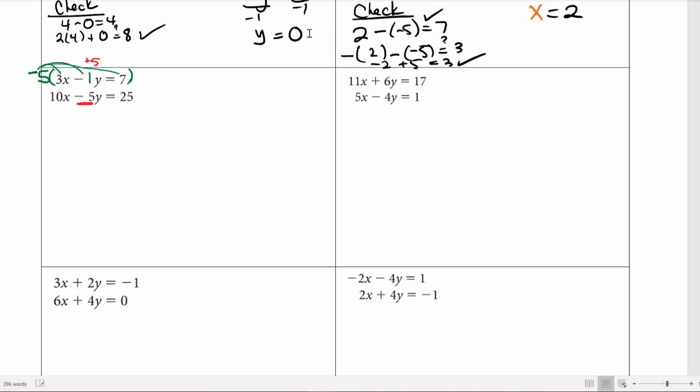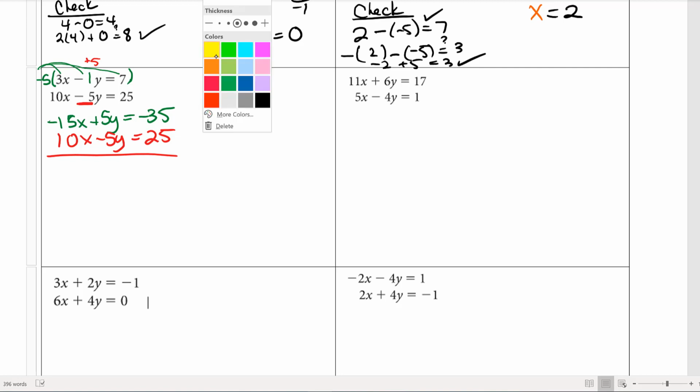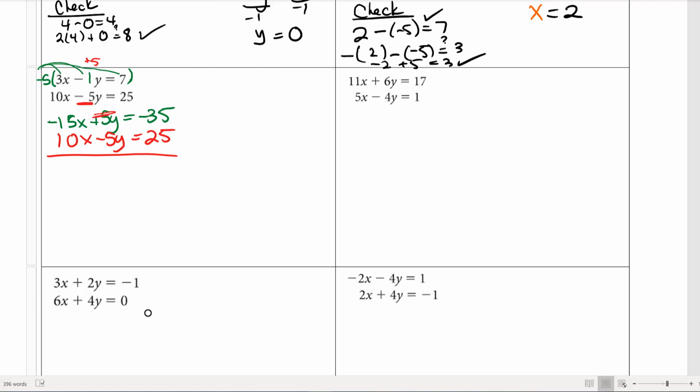all the way to the other side, negative 15x. Negative times a negative is a positive 5y, is a negative 35. Then I'm going to write the second equation right underneath it because I want everything lined up. Notice that because we were very clever in the way we multiplied the first equation, now I've got the two canceled variables, the negative 5y and the positive 5y are equal, opposite, and lined up so that when I add the